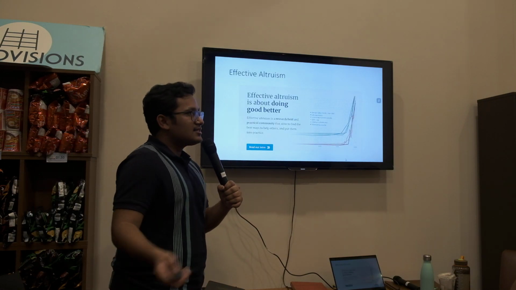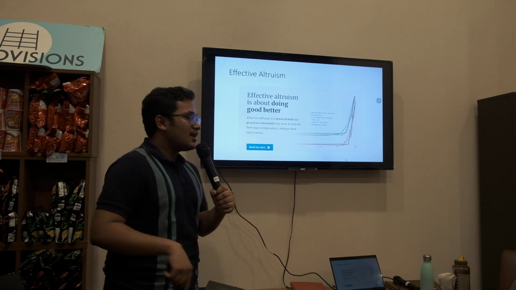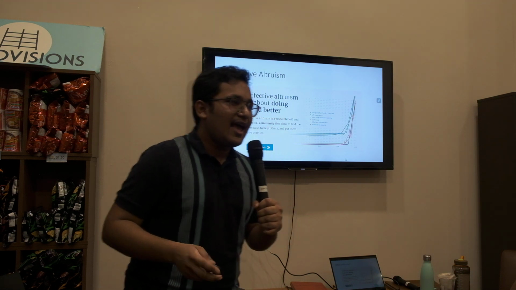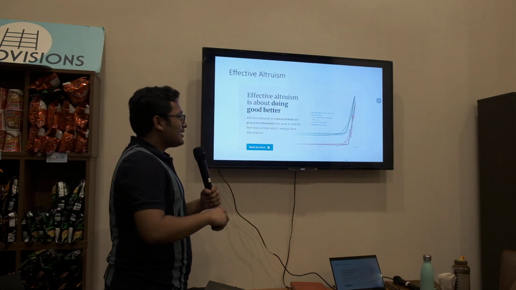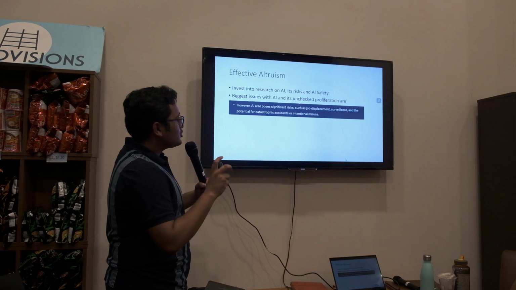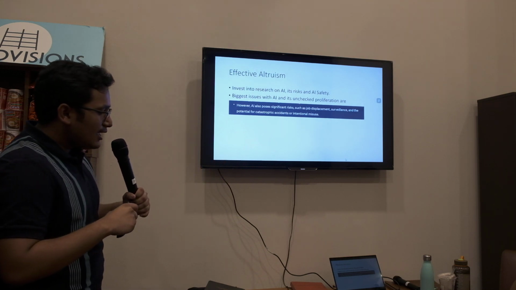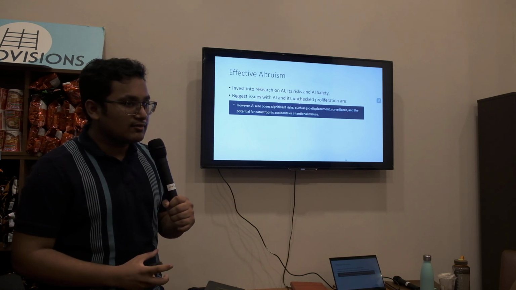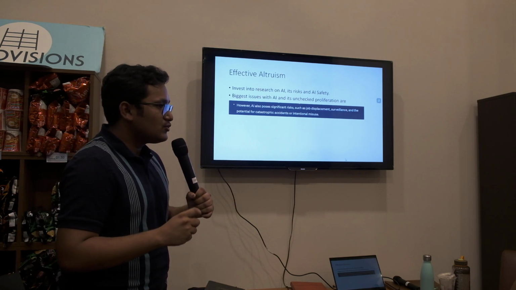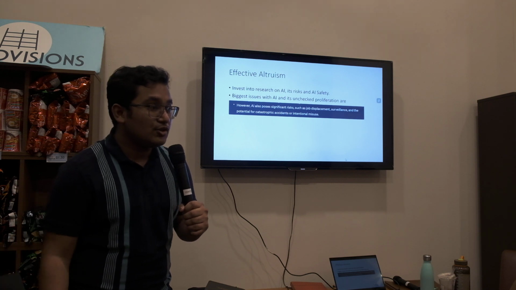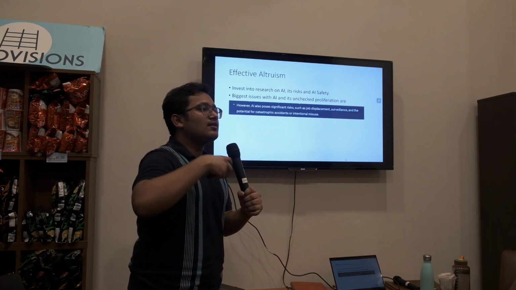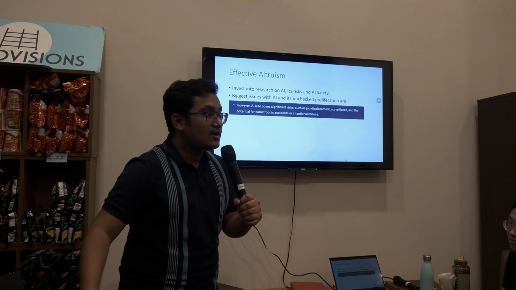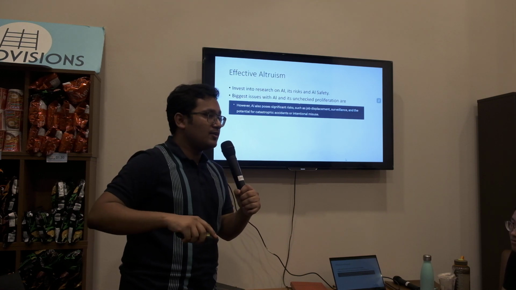So let's maybe try to look at it from other angles, like effective altruism. What it talks about is what is the most efficient way to do good in the world. And one way that doing so is a good thing is it helps you identify that there are certain things you can do with any resource you're given, and there are ways to do it well and ways to do it inefficiently. You need to figure out the most efficient way so that your output from using ChatGPT can actually be used for good things, right? So you need to have a good goal in mind to begin with.